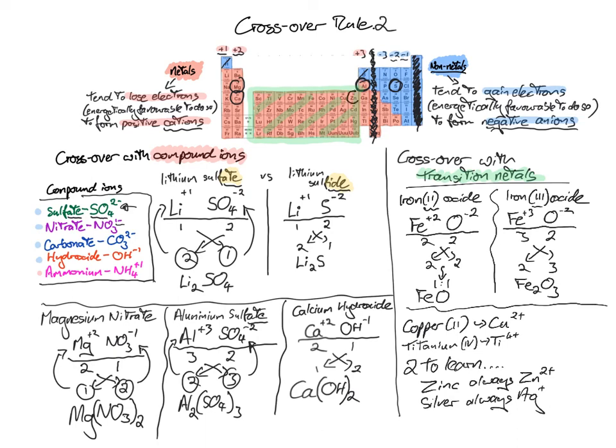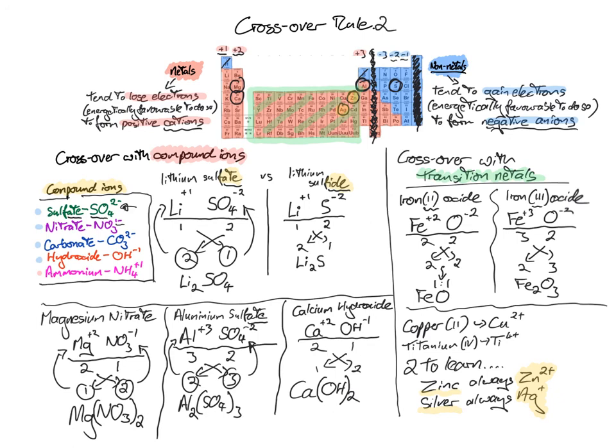So those 2, zinc and silver, are ones that you have to learn. So again, you can chuck those in with the flip cards or the Quizlet you are going to make for learning the compound ions. Other than these 2, you will always be told the charge on your transition metal ion